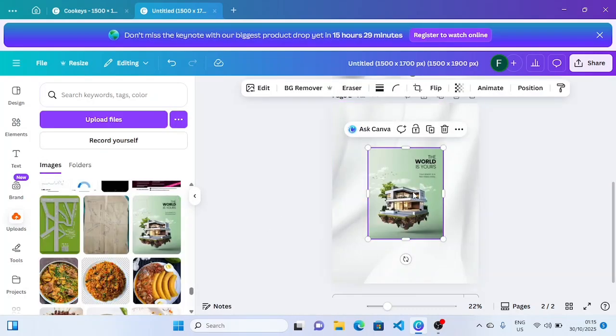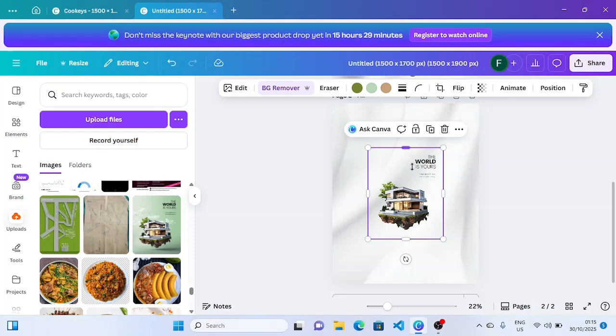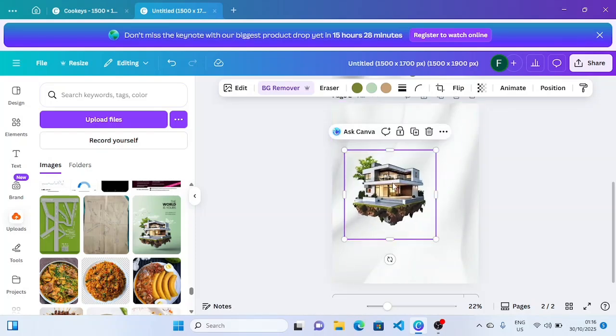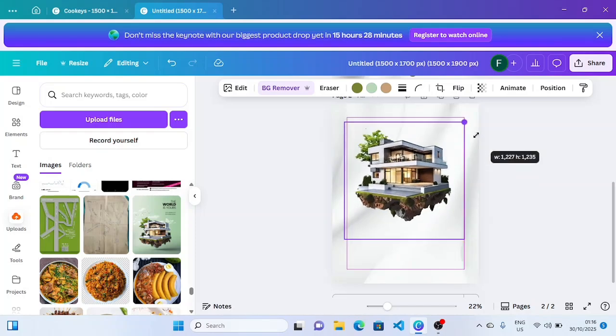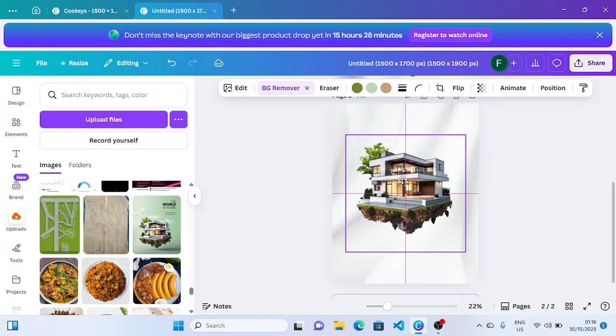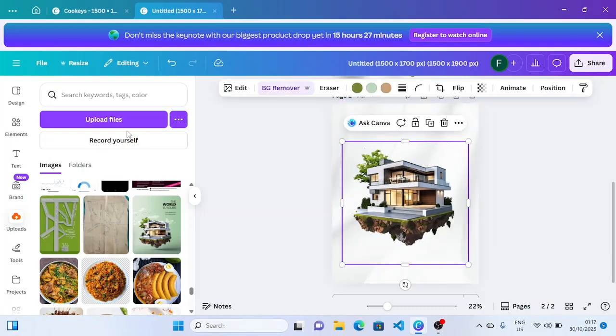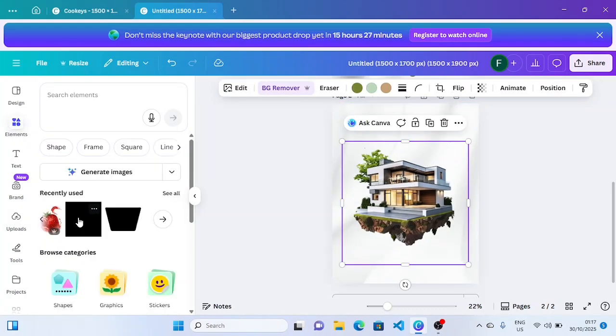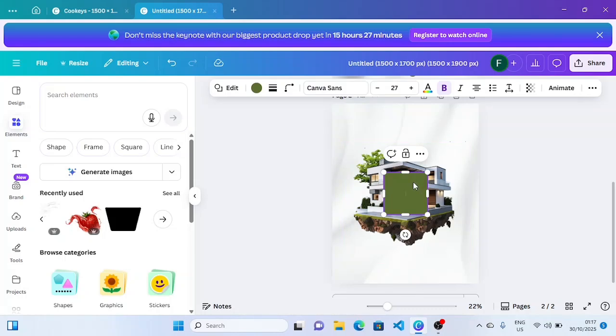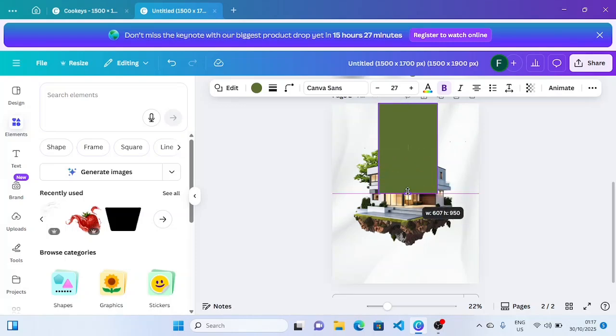Next is to import the photo of our house. It's a real estate flyer, so obviously there needs to be a picture of a house. We remove the background and we crop it. So we increase the size, bring it down towards the side. After adding our house, next thing is to add the shape. So we add this box shape, bring it over here, we increase it and drag it down,